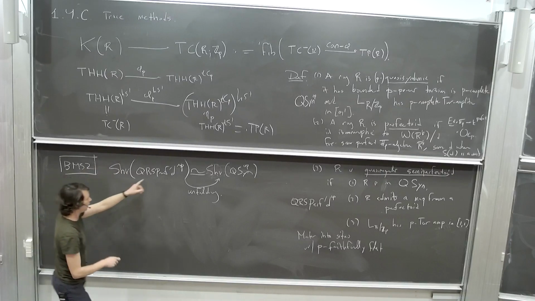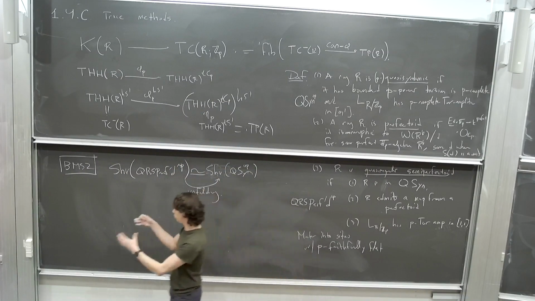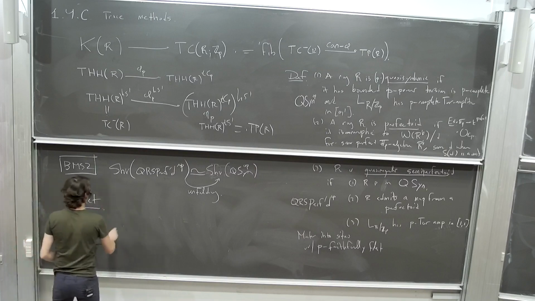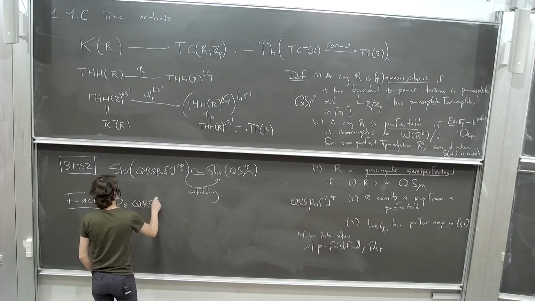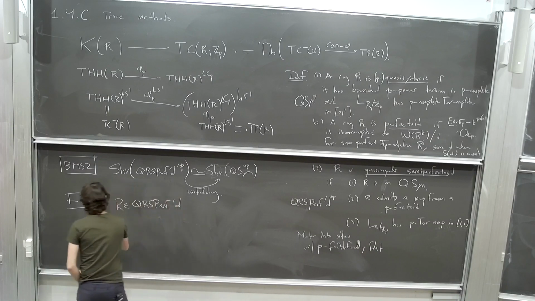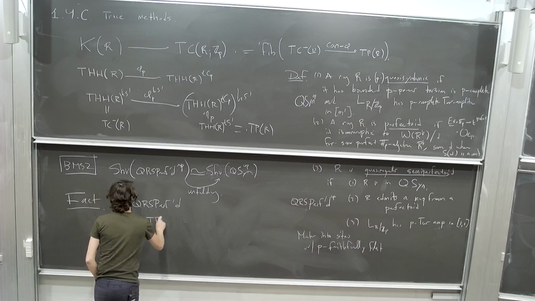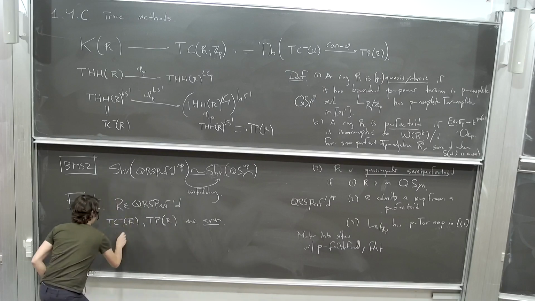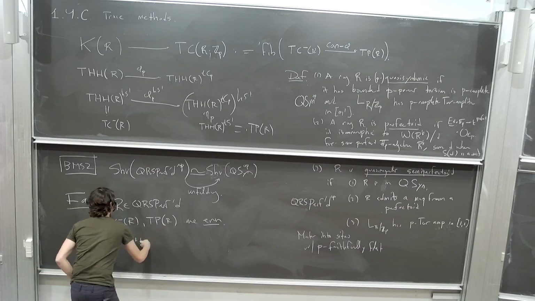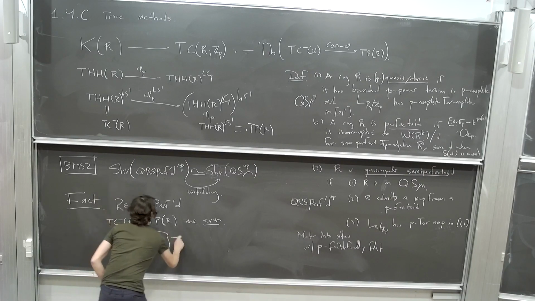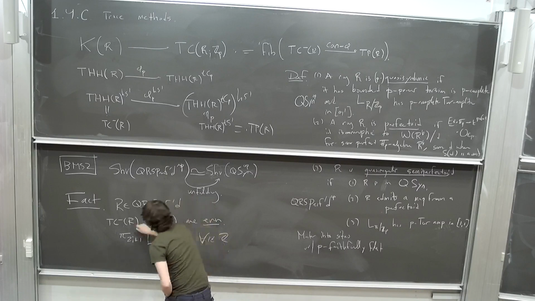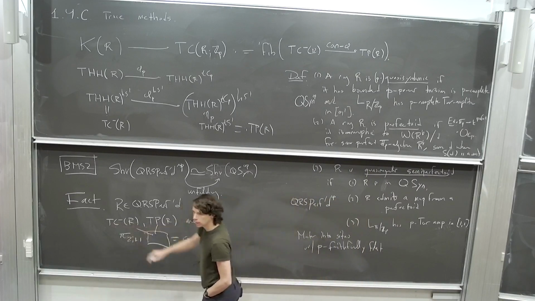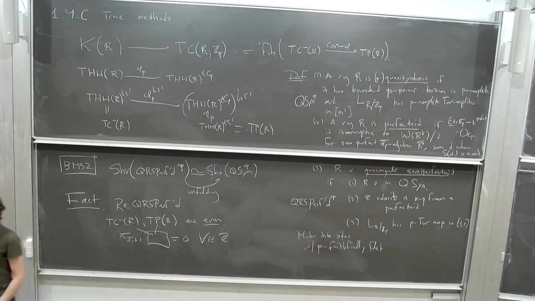Okay, so now let me just give you a construction that relies on a little bit of belief, which is that the main fact is that for R quasi-regular semiperfectoid, TC minus of R and TP of R are even. What does it mean, even? It means, just to be totally clear, that the odd homotopy groups, pi_i, are 0 for all odd i. I'm allowed to put either of these in that box. So these are concentrated in even degrees,